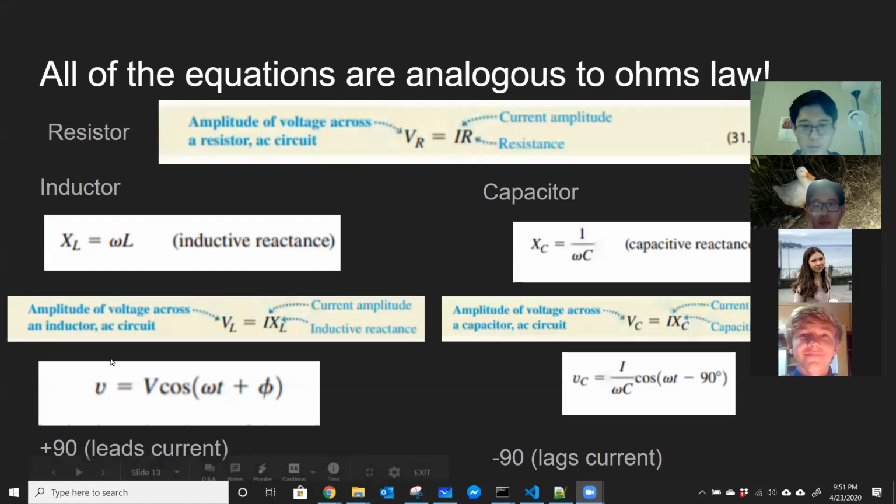One thing I put on the bottom is you see V is equal to big V. Big V again stands for the amplitude of the voltage, so the maximum amplitude. And this formula looks really similar to, if I can go back a slide,